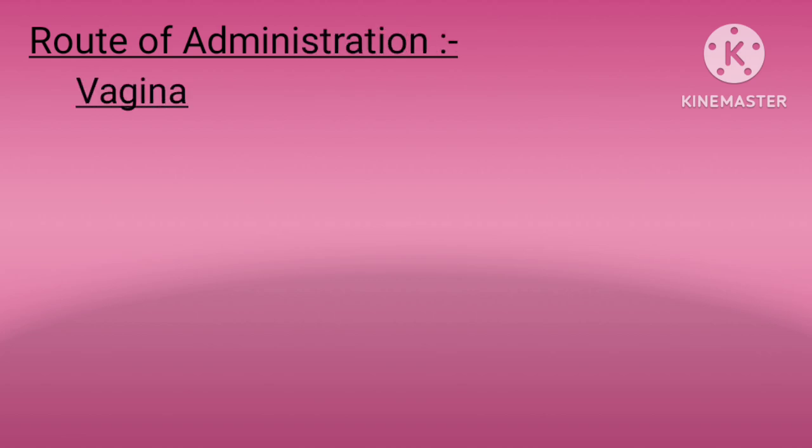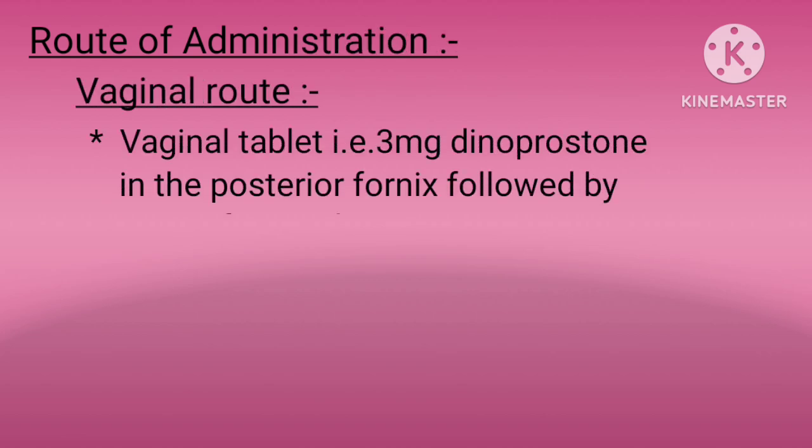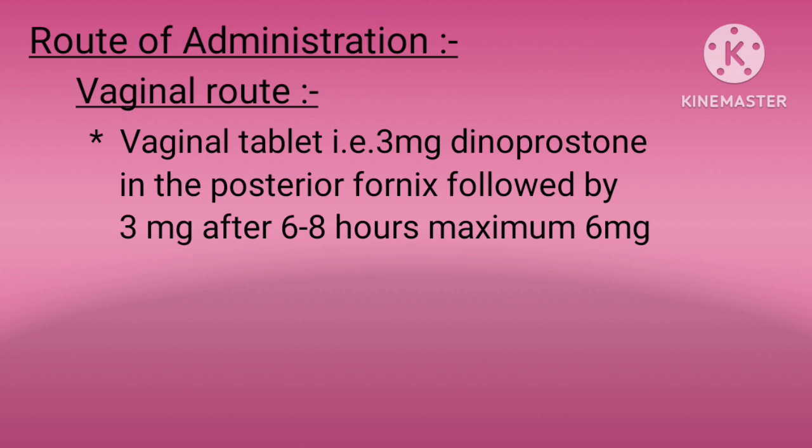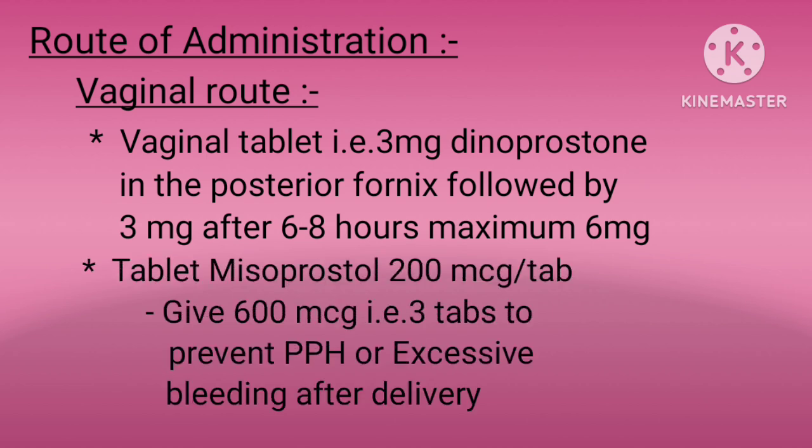And now let me talk about route of administration, that is vaginal route. In vaginal route we have to give vaginal tablet, that is 3 mg dinoproston, prostin E2, in the posterior fornix, followed by 3 mg after 6 to 8 hours, maximum 6 mg. Next tablet is tablet misoprostol, that is 200 microgram per tablet. We can give 600 microgram, that is 3 tabs, to prevent postpartum hemorrhage and also if there is excessive bleeding